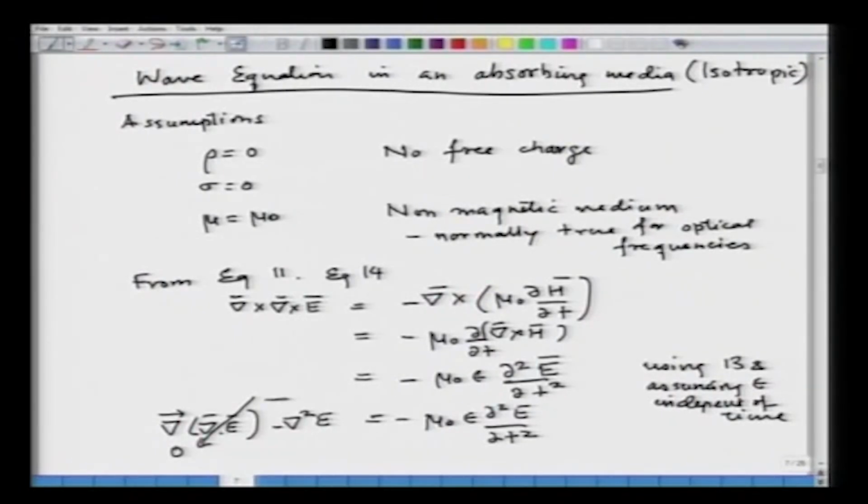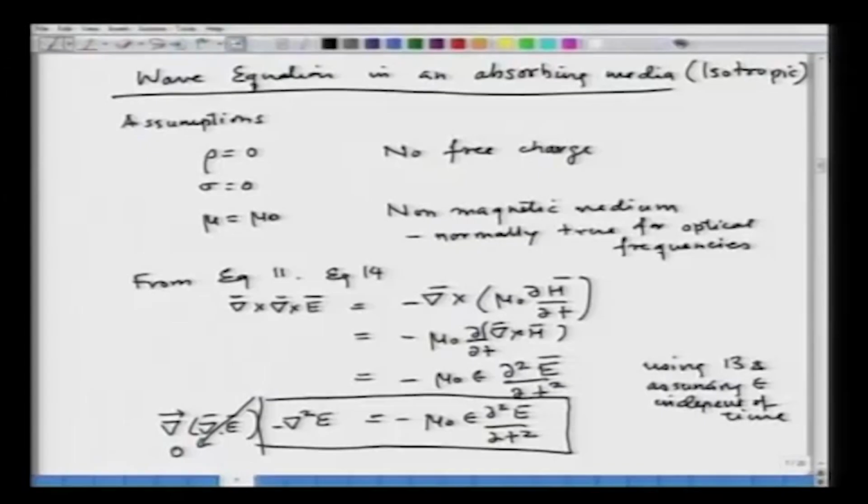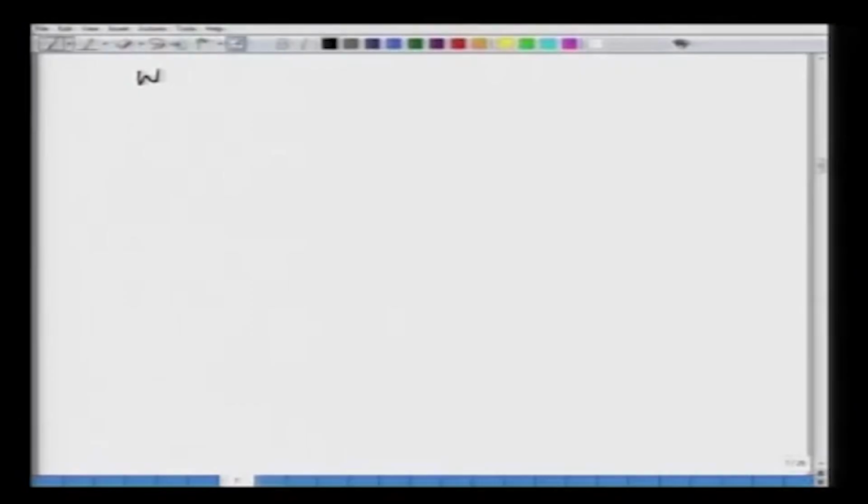and a solution for this equation will be our light in the media. So, our light in the media will be a solution to this equation. If we take the terms for the vacuum, that would be the equivalent wave equation for light in the vacuum. So, let us look at this solution and what are the characteristics of this solution. So, the wave equation is basically